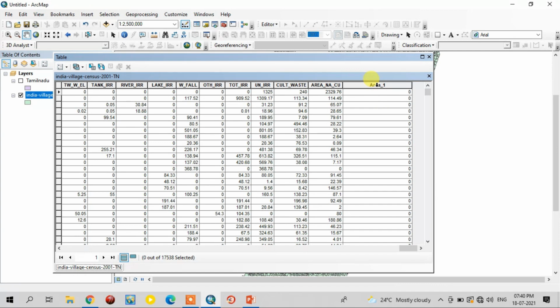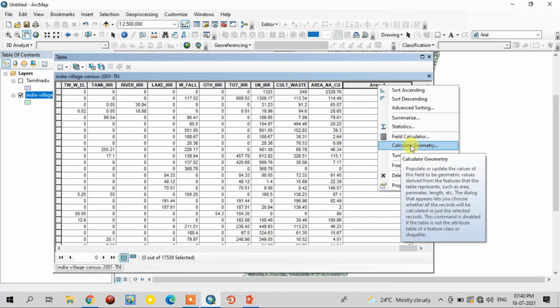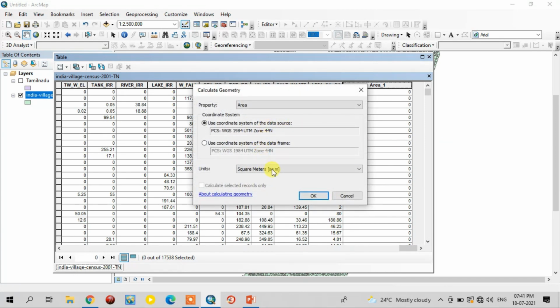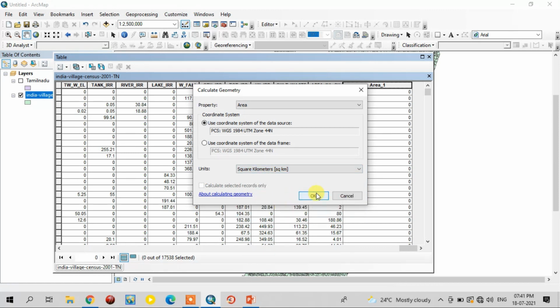See, it is created. Now just right click on it and go to the calculate geometry option. See here, the area calculation methods are acres, hectares, square meters, square decimeters, square feet, square kilometers. All options are there. Now I am going to select square kilometer.